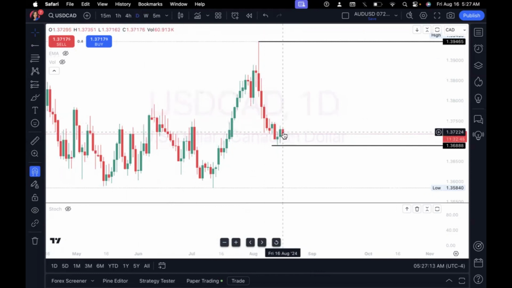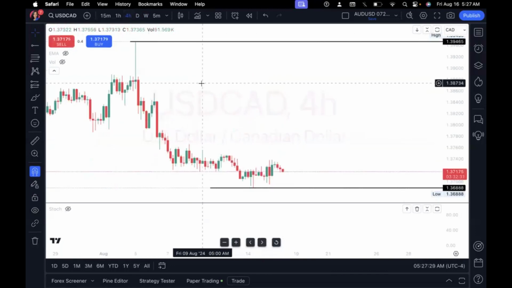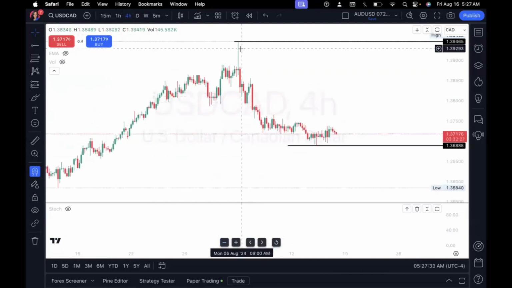Now, this means that we could potentially sell down to support, or we can wait until it gets back up to resistance to set a sell limit. But let's just keep zooming in to see if we can find a better entry point since we know the market is near resistance. Okay, so we're looking at it on the 4-hour, and we can see this is our